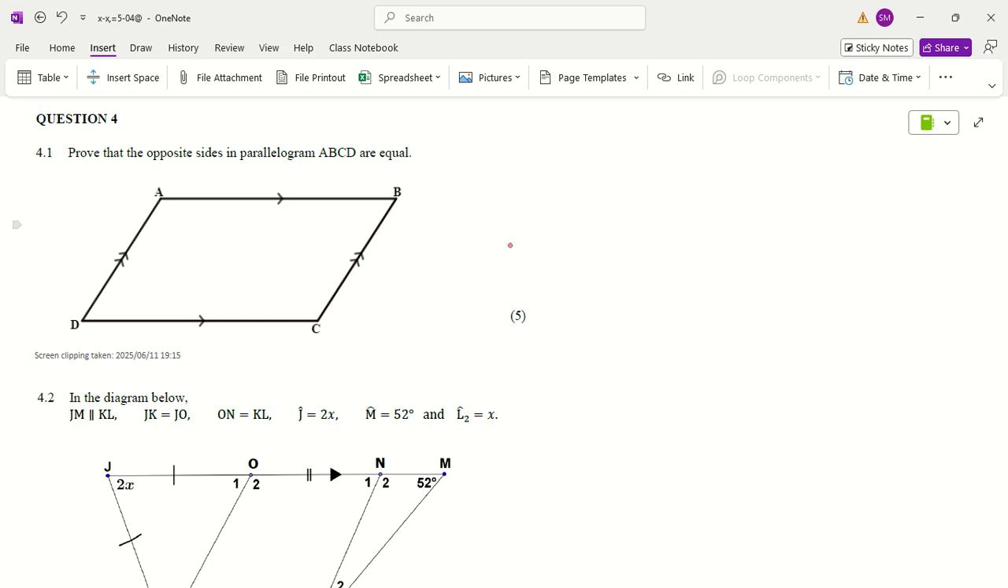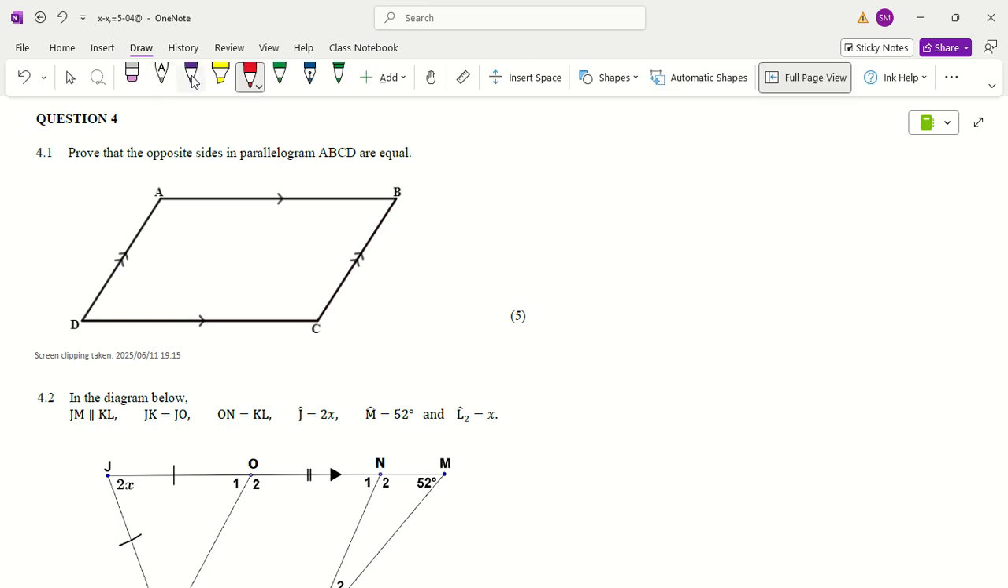Okay, now we're at question 4, and question 4 wants us to prove that opposite sides of a parallelogram are equal. So this proof starts with a construction. So we need to construct a diagonal here. So meaning that, okay, for proof we start with construction. This is 4.1, and in our construction we are going to draw